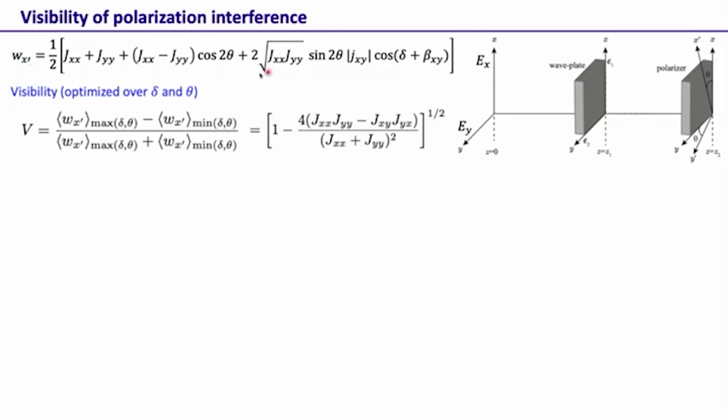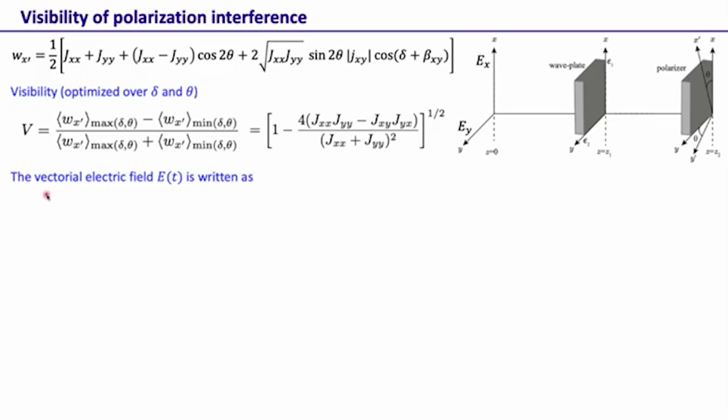So going back again here, that is the intensity that one gets coming out of this polarizer kept at angle θ, and the visibility optimized over δ and θ has this expression: 1 minus 4 times (Jxx Jyy minus Jxy Jyx) divided by (Jxx plus Jyy) whole squared, the whole thing raised to the power half. Okay, so we actually want to simplify this expression a little further and give it some physically intuitive meaning. But before we do that, let's